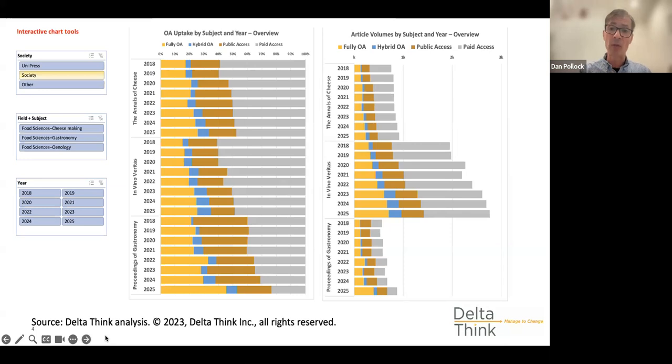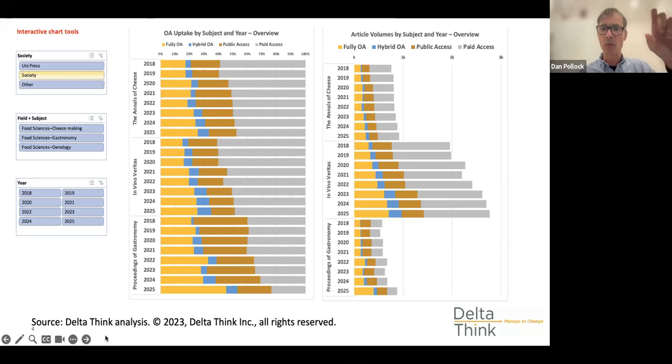So what we'll often do is start with, and I'll just dive into the middle chart as a starting point. There's lots going on here, so we'll break it all down. But quite often we first need to find out what the open access uptake is within a journal or across a collection, or it may even be across the market in general. And that's often a good starting point to get a sense of, okay, if things are really, really going open, then maybe I need to think more about that. And maybe if they're not going open, then I can leave things as they are. And that's typically the sorts of conversations people have. So what that middle chart shows is how we might break things down.